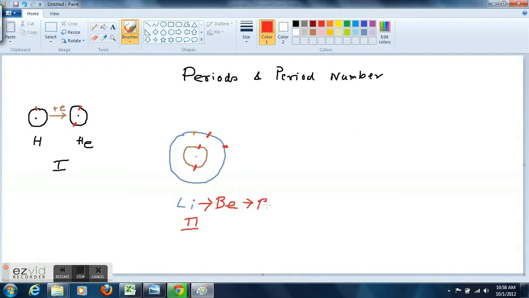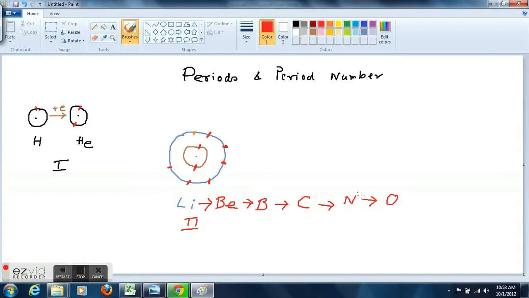Now remember, we cannot just add electrons like that. I am talking about how the electronic configuration changes from one element to another, so in this context I am using the word add. When one more electron is added to the outermost shell, that means when there are 4 electrons, we get the fourth element, carbon. When we add one more electron, that is 5 electrons, we get nitrogen. We add one more electron, that is 6 electrons, we get oxygen.